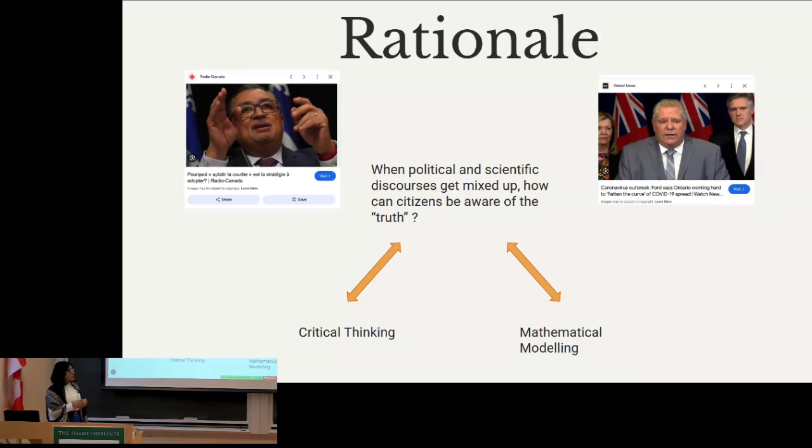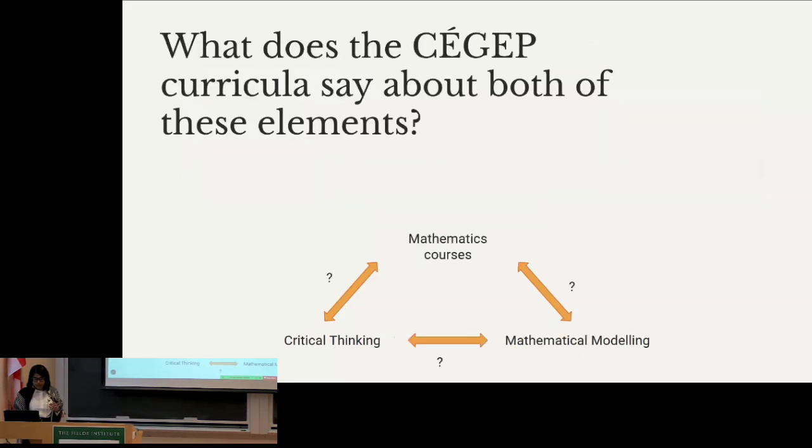So in that context, one of the two tools, I would say, would be critical thinking and math modeling to go through these kinds of situations. So we focused on the context of CÉGEP. CÉGEP is the two years before people choose more scientific tracks in their curriculum towards their bachelor's. For different reasons, mostly time constraints, I focused on the scientific track, the two years that folks do before going into medicine, nursing,